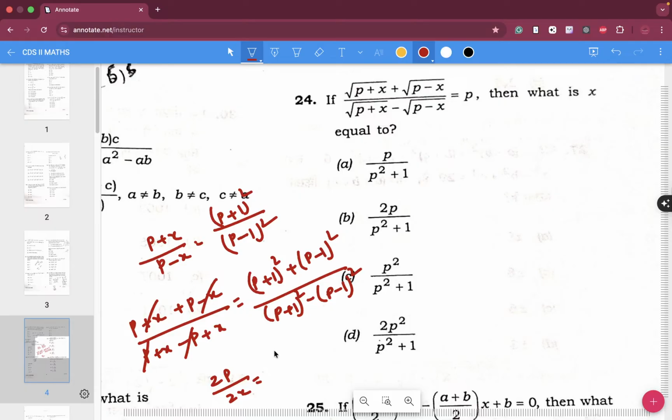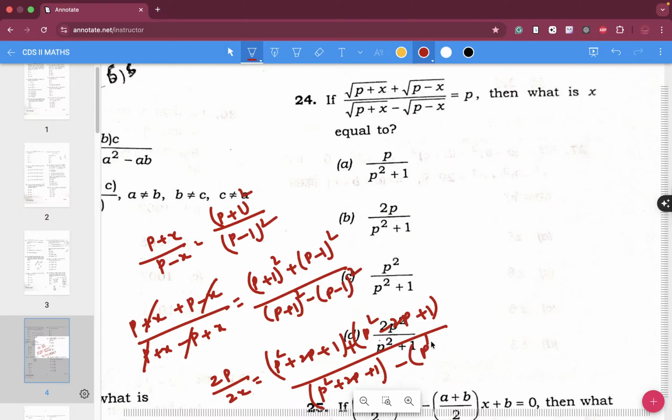Now if we solve for this, over here we get (p square plus 2p plus 1) plus (p square minus 2p plus 1) divided by (p square plus 2p plus 1) minus (p square minus 2p plus 1). Okay, right. Is that what we have? So from here this gets cancelled, and the 1 gets cancelled and this one also gets cancelled. Okay, so what we are left with is 2p, or otherwise simply